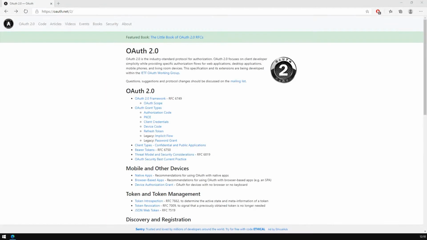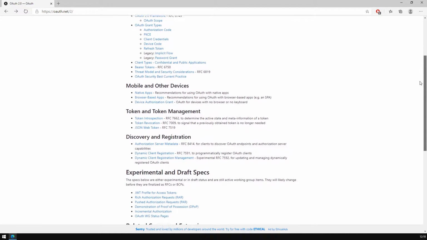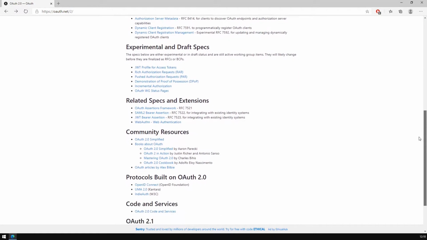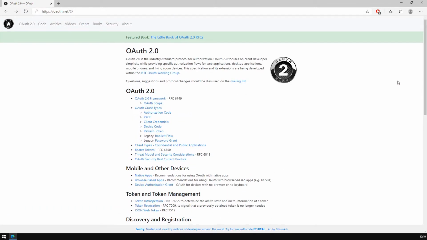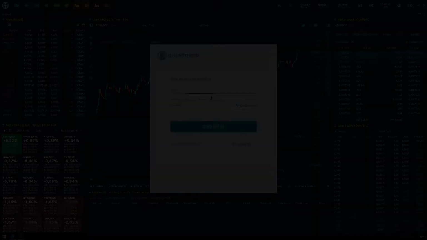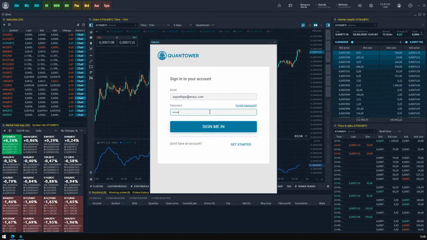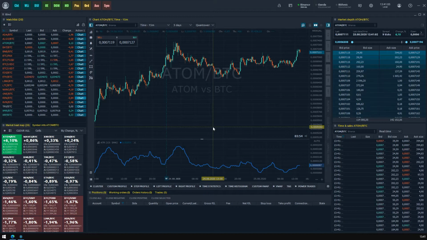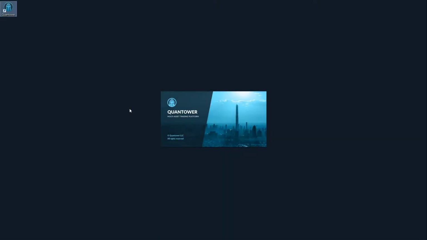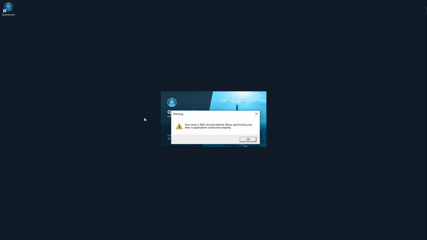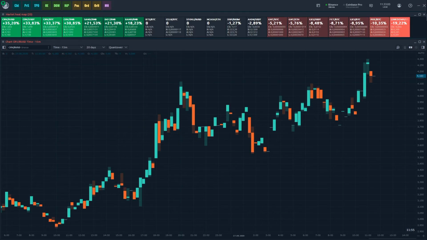The reason for this message is OAuth 2 technology. To avoid complex descriptions, we could say that this technology uses client and server timestamps to prove the validity and security of the authorization process. Quantower uses OAuth 2 for the account sign-in process, so it is very important to have the correct time on your PC. Once the Quantower terminal detects time desynchronization on your computer, it will notify you about that. In case you don't correct your time, you won't be able to sign into your Quantower account.